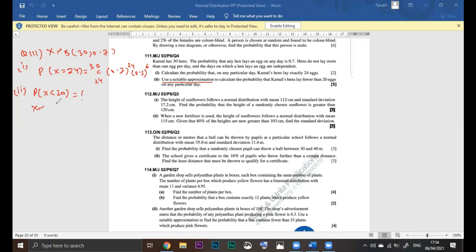X is a binomial distribution with 30, 0.7. X is a normal distribution with np and npq. X is a normal distribution with n times p, which is 21, and the variance 21 into 0.3,